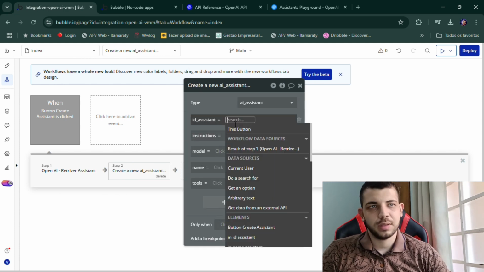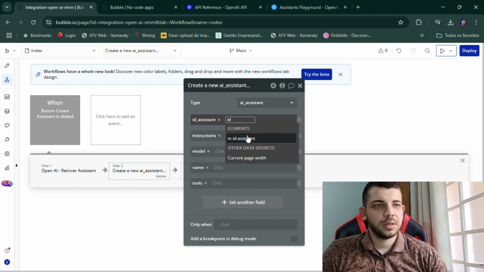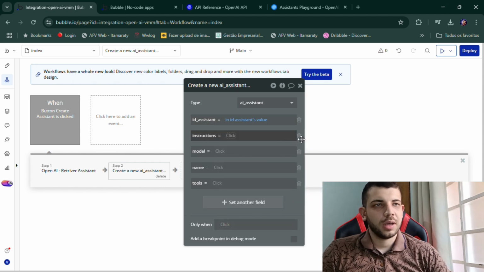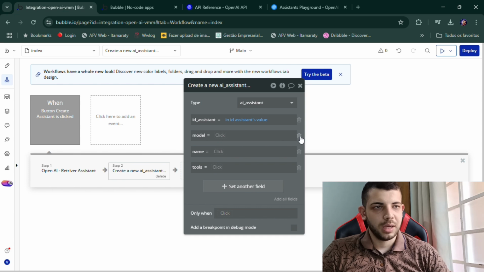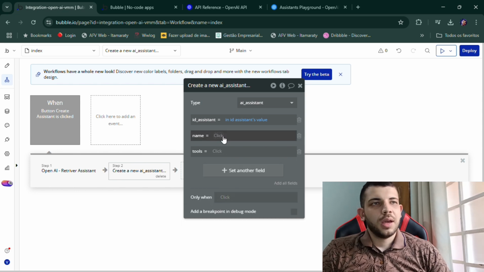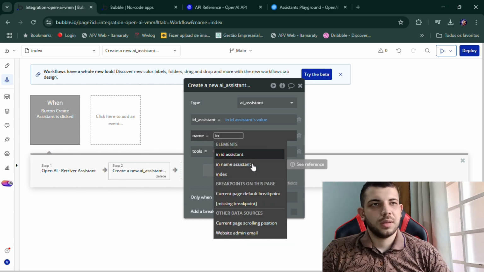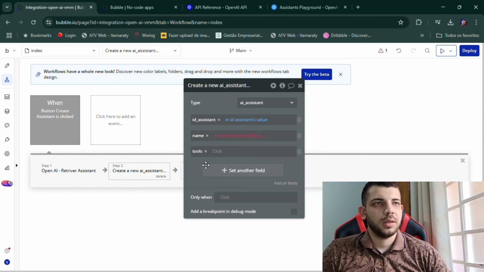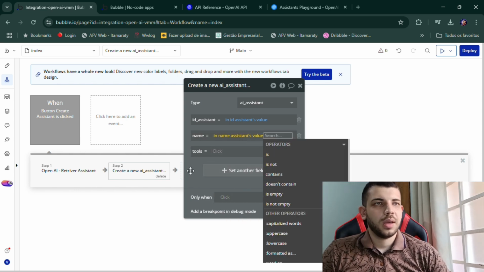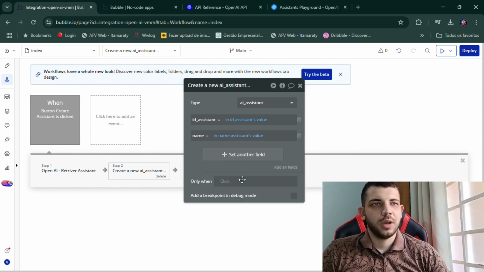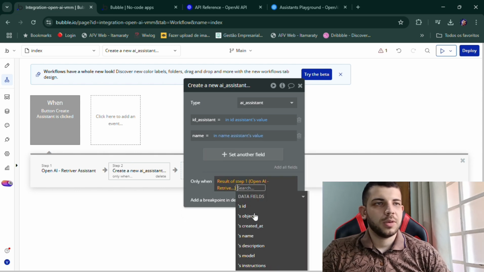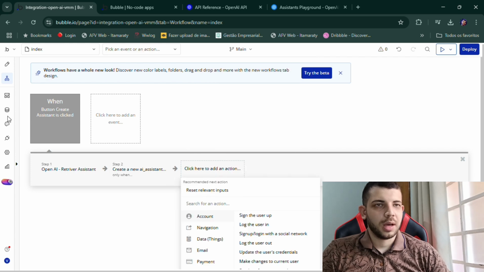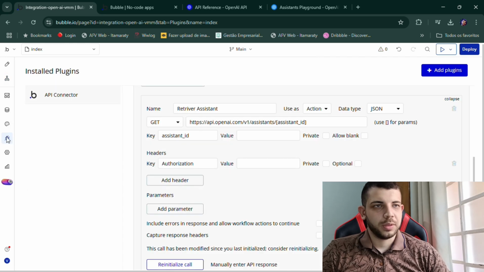I create a new assistant, only if the assistant returned is not empty, and the assistant ID is not empty. The assistant ID is equal to the input ID assistant, and the name is equal to the input name assistant. I go to put